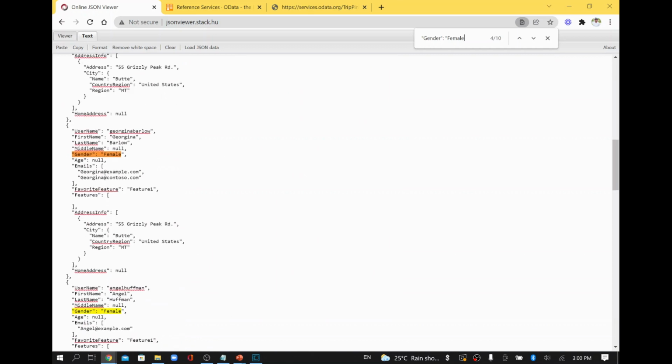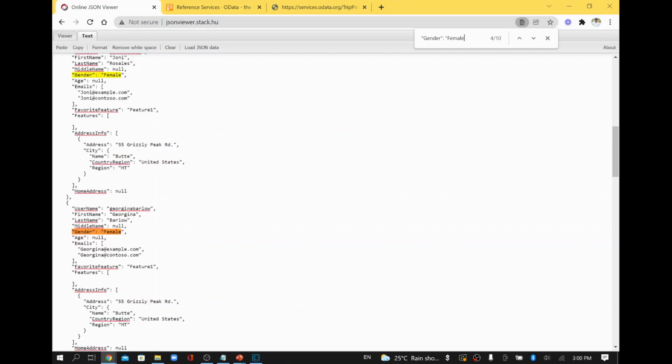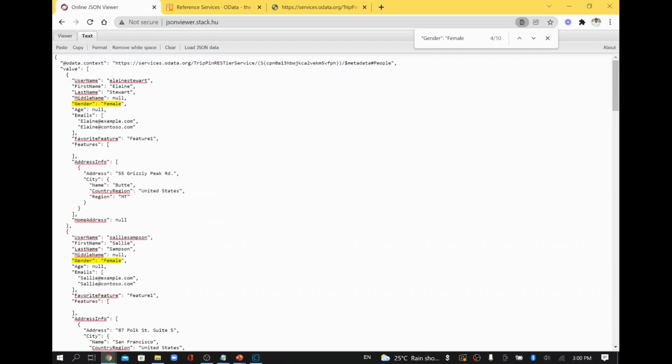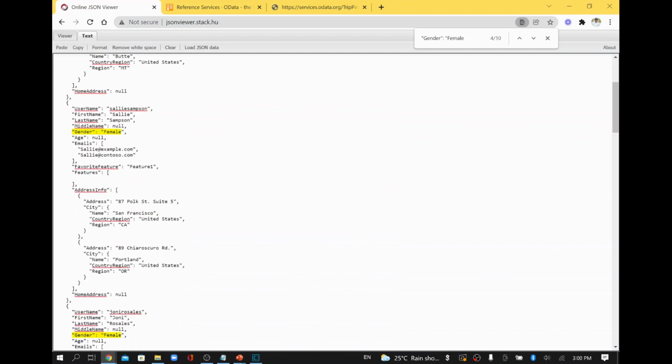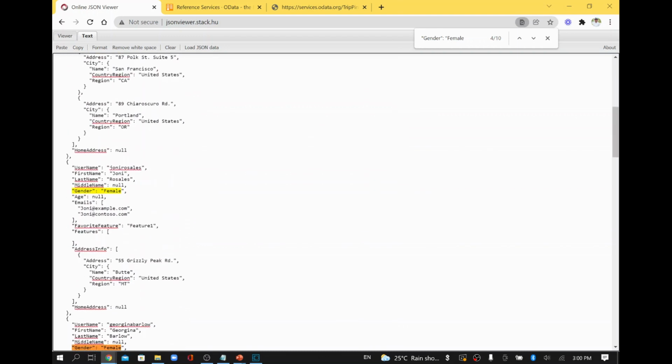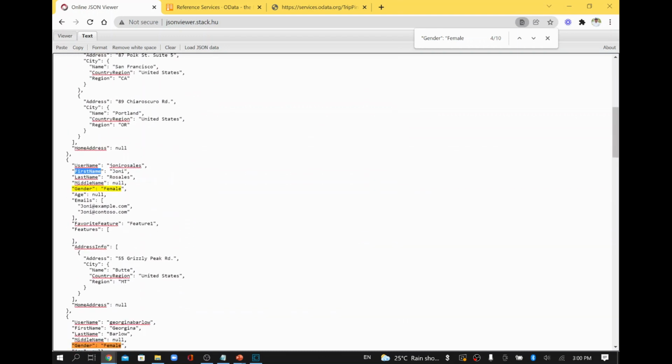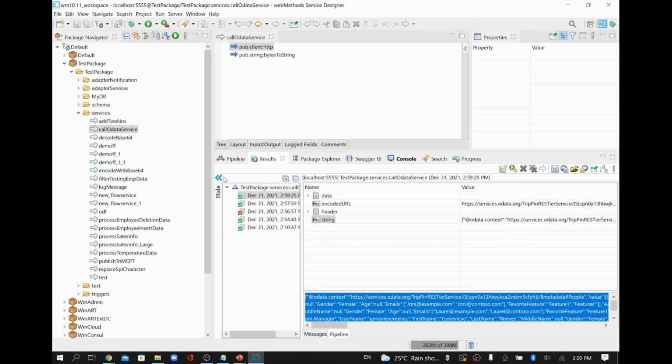Okay, so this way you can filter based on a specific condition, and you can also have an AND condition. For example, I am giving gender equal to female and I want to check a specific first name, or last name. For example, this first name I want to take, which is Joni, right? So I want to add an AND condition now. How do we do it?